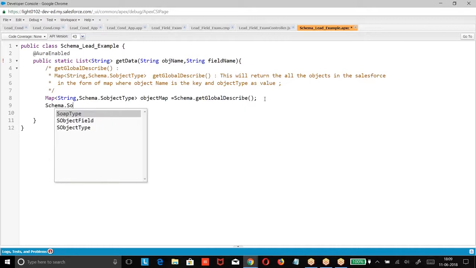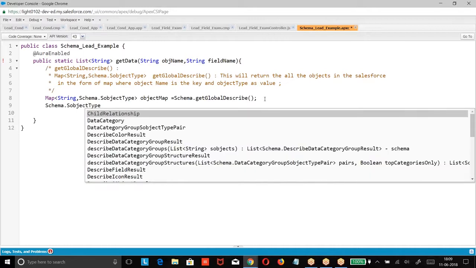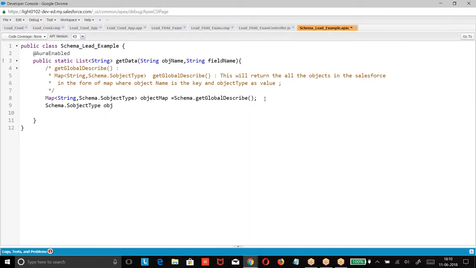So Schema.SObjectType objectType equal to objectMap.get of. So what was this? Get the object type by passing the object name as key.